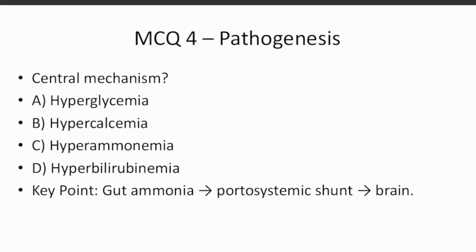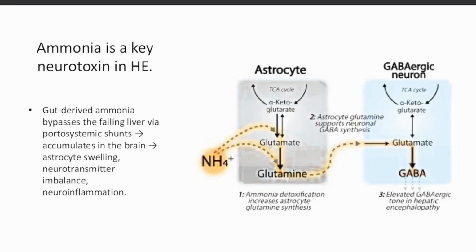So we look into our patient. What's the most likely cause here? The most likely cause is hyperammonemia. So the definite proven factor in the development of hepatic encephalopathy is hyperammonemia. Gut-derived ammonia, that is from the gastrointestinal tract, either from the enterocytes, from the conversion of glutamine to